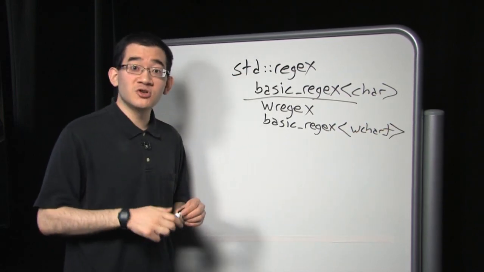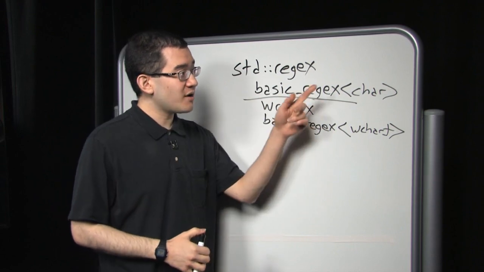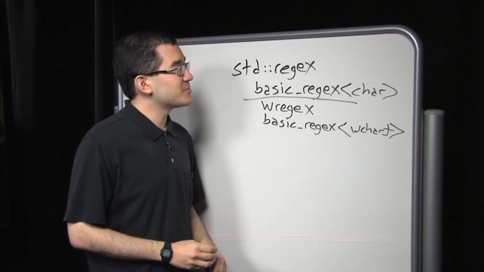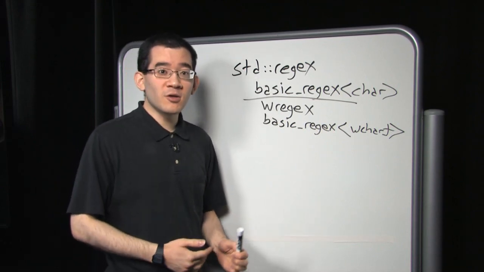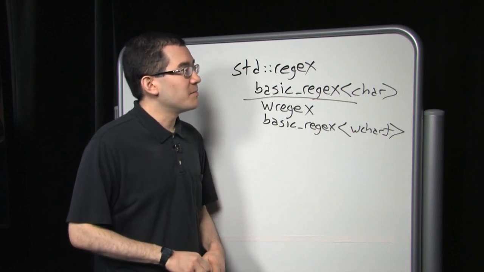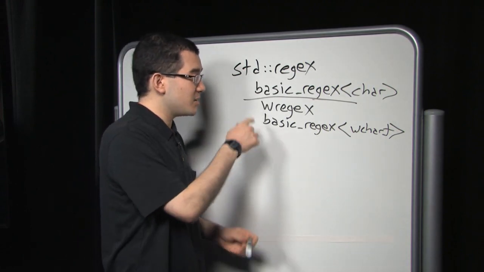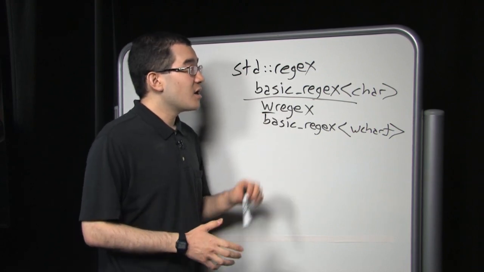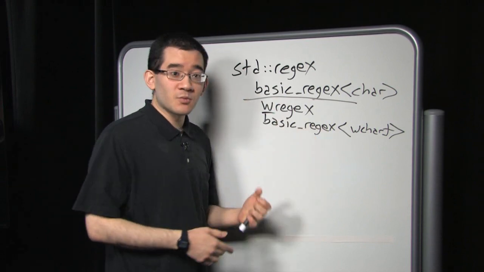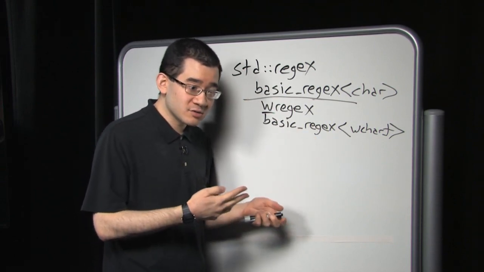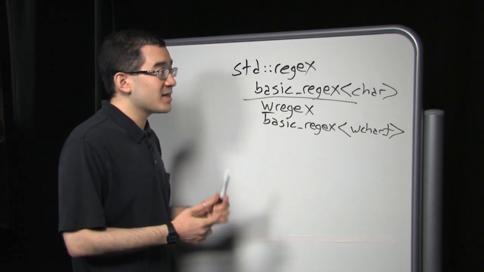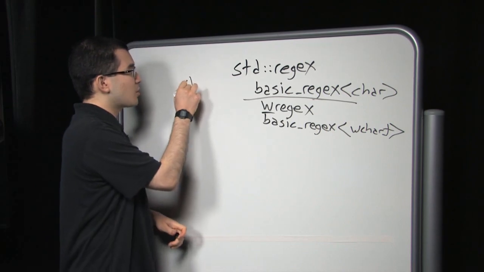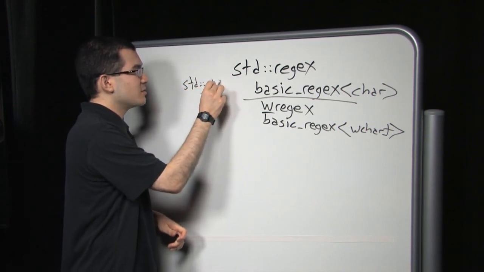This is just like how std string is a typedef for basic string of char, and std wstring is a typedef for basic string of wchar. My examples will only be using narrow characters because they're easy to use. But if you're working with Unicode, you should definitely be using the W forms of everything. There's helpful typedefs. And not only is regex able to work with both narrow characters and wide characters, Unicode, it can also work with both std strings and const char stars. So, of course, std string is wonderful,